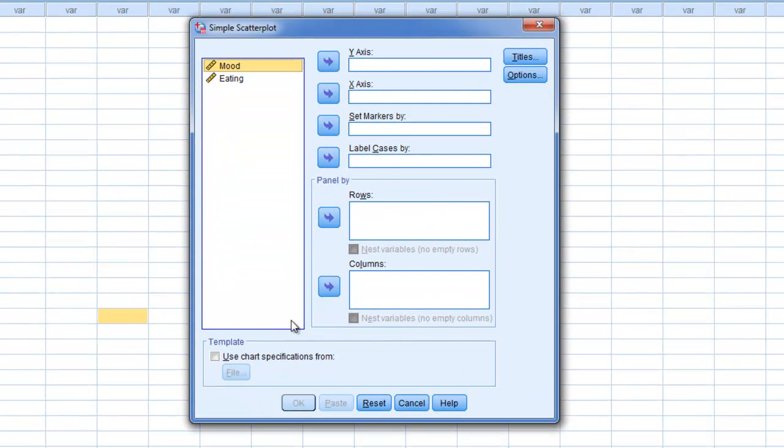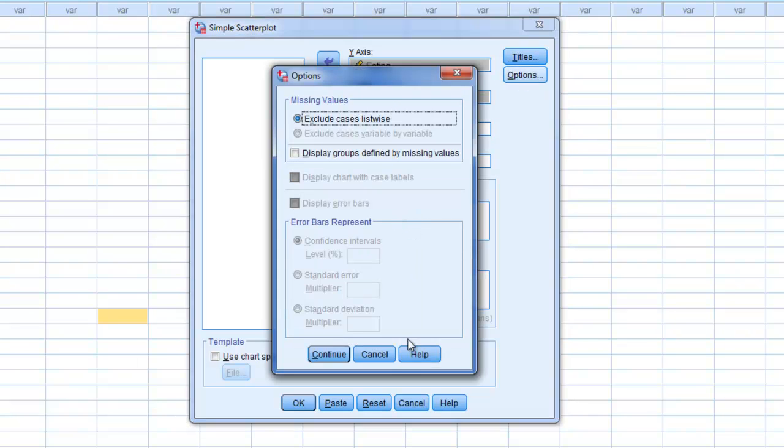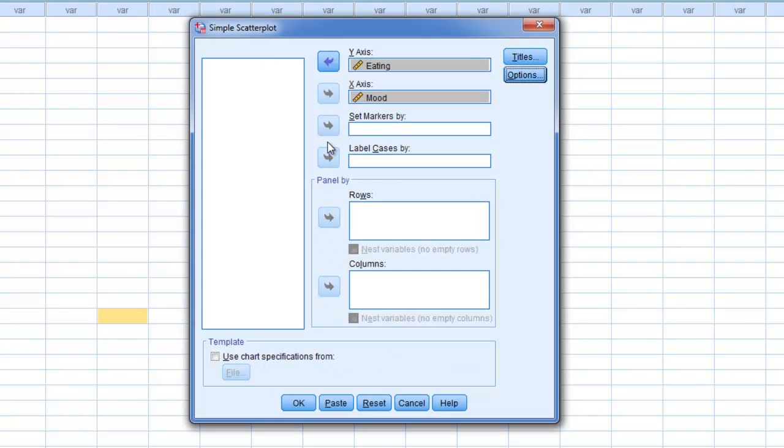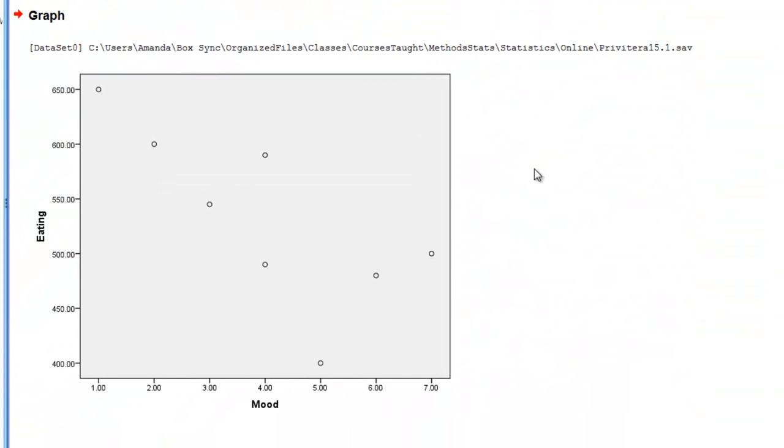Go ahead and hit define, and it has a bunch of options for us that we don't really need. In the example, I think we said that mood was our x variable, so we'll move mood over to the x-axis, pardon me. We'll move eating over to the y. We can add some titles if we wanted. We have some options that we can do. We're just going to move those variables over, hit OK,